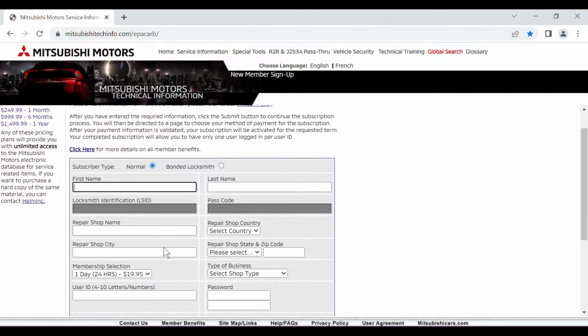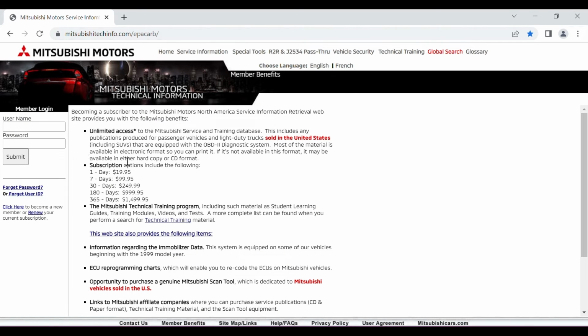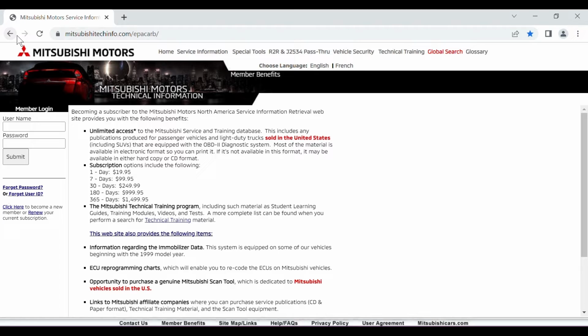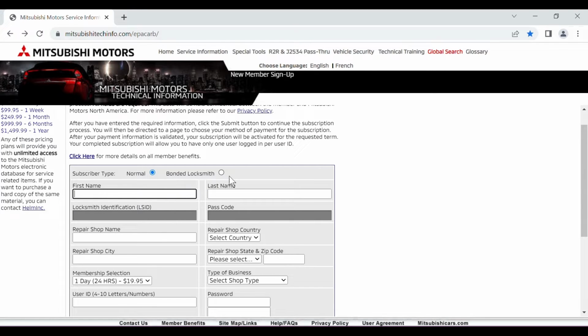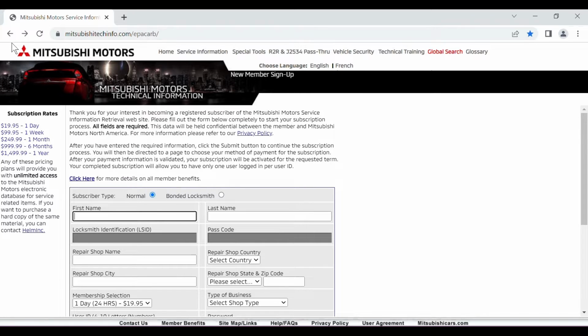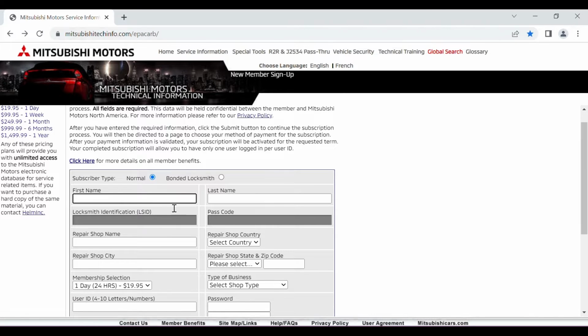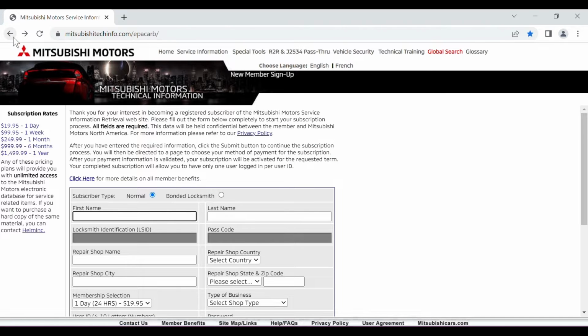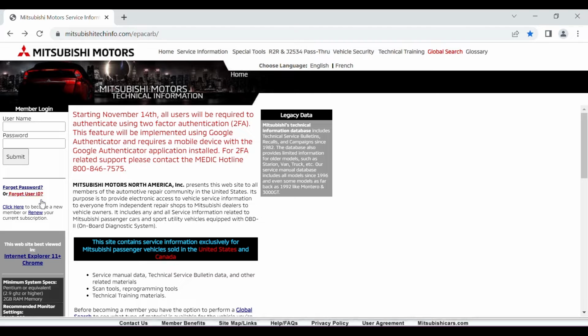And there is a button up here, click here for information. It explains what you're going to get, how many days you get it, and for how much money. I'm going to go back. I have already filled this out, so I really need to be on the renew membership page, so I'm going to go back one more page. Like I said, if you're a first-time user, you have to fill out these boxes and then hit submit down here. Of course, you have to check off that you've reviewed all the information. But anyways, I'm going to go to renew,